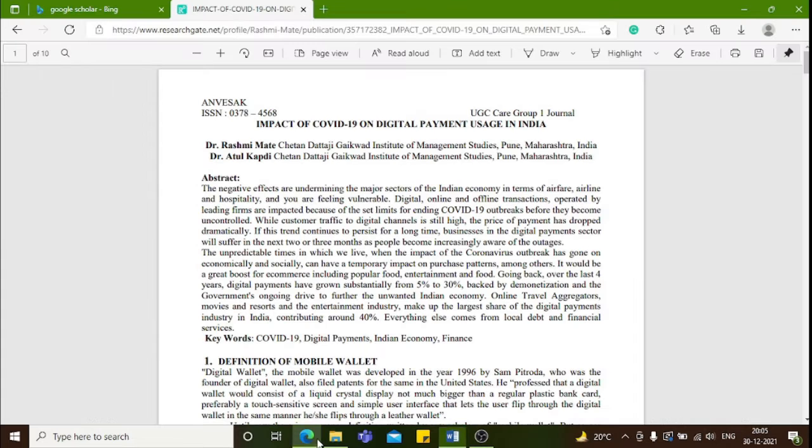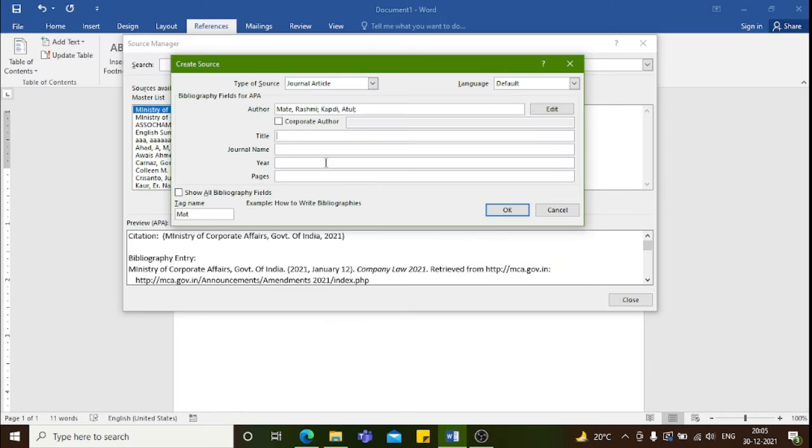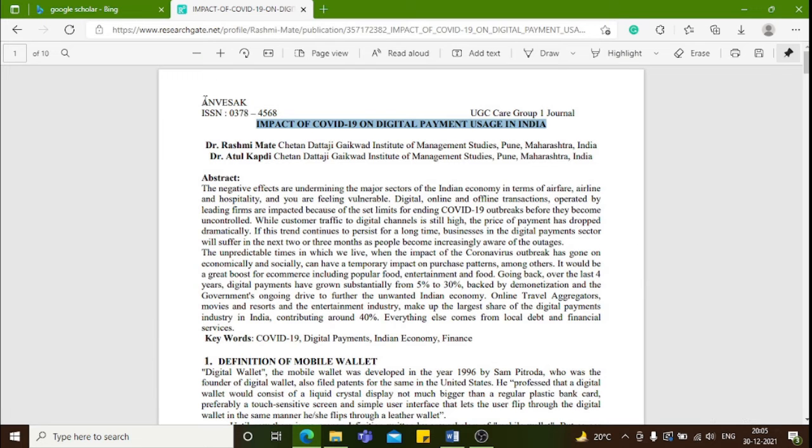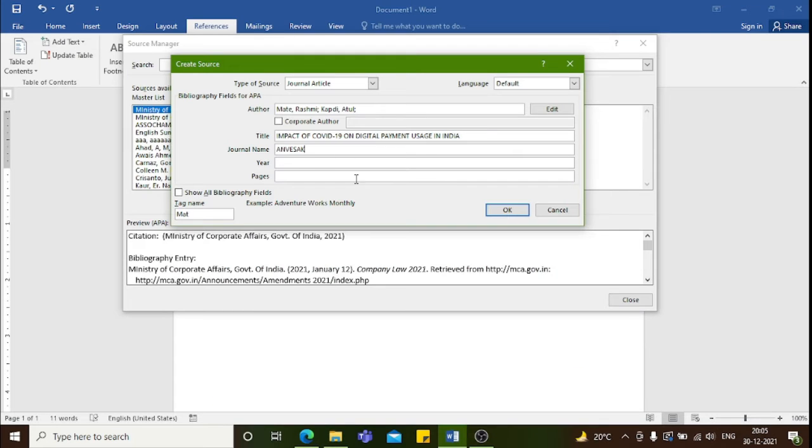Next comes title. So I can just copy the title from this article and simply paste it over here. Journal name is Anveshak. So that also we can copy here. Year is 2021. Pages.